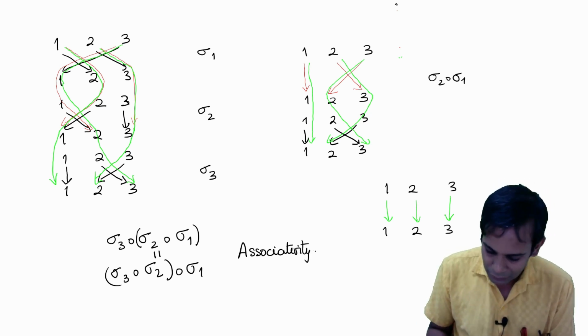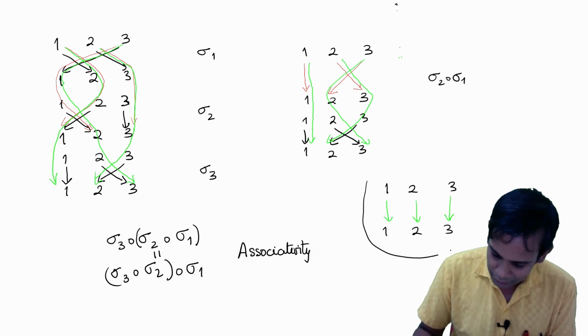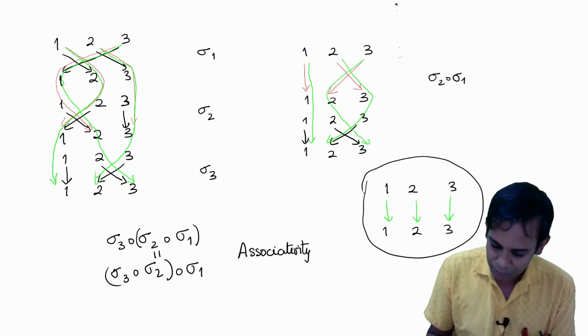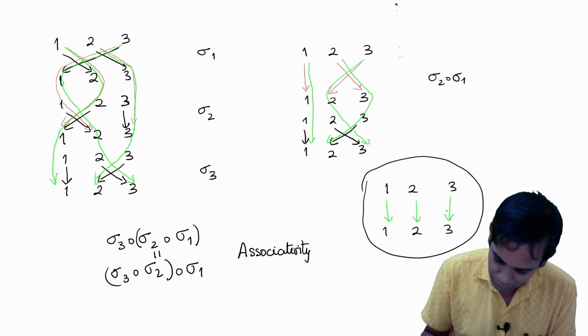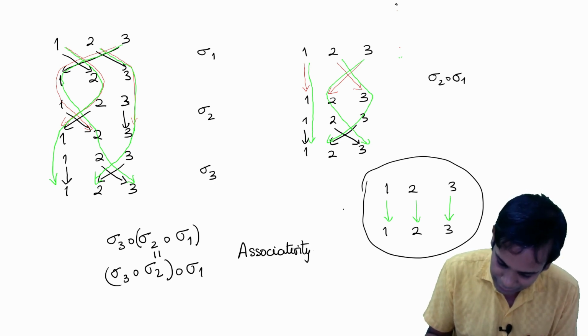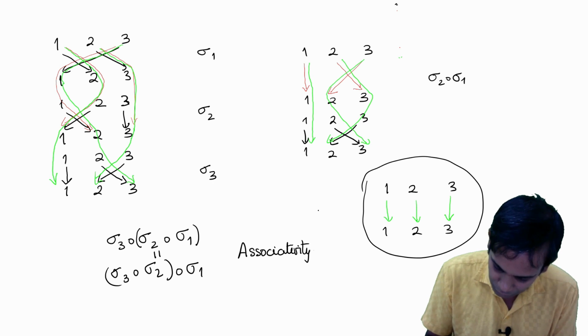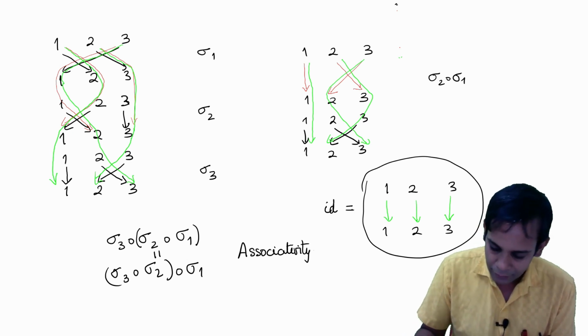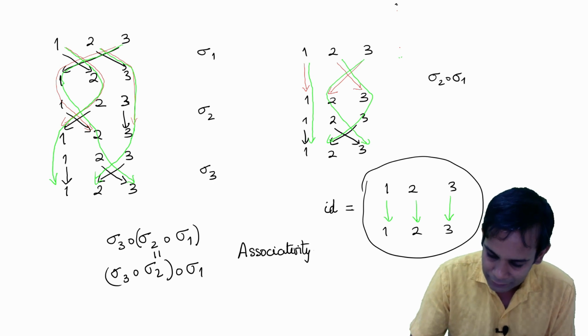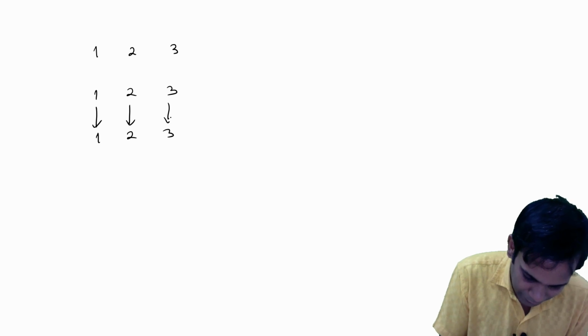And during this calculation, we discovered a rather special permutation which basically takes each element to itself. It takes 1 to 1, 2 to 2, 3 to 3. So this permutation, I'll call it the identity. So I'll call it ID. Okay, and this has the special property that when you compose it with anything, it doesn't change that thing. So if I have any permutation and I compose it with this identity,